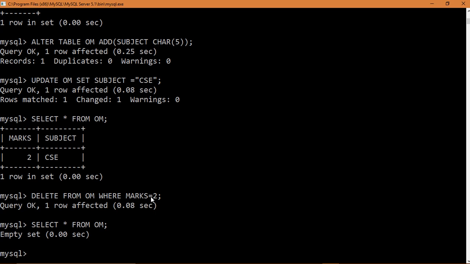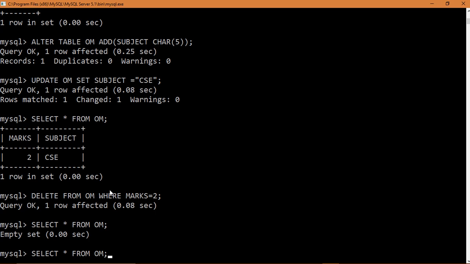Okay, and if you want to delete all the entries inside the table at one time only, then what you need to write is delete from Om. Now you have given the condition where marks is equals to 2. If you do not write this condition, then whatever entries are there in this database table will all be deleted.